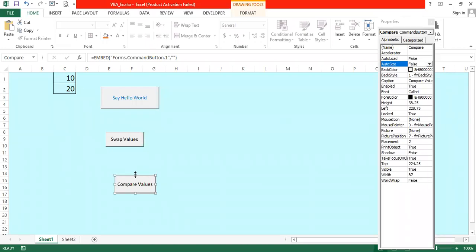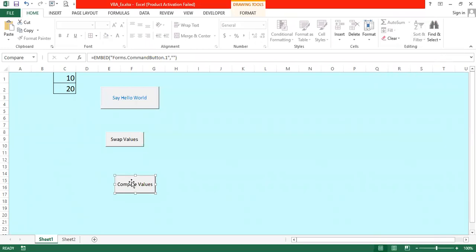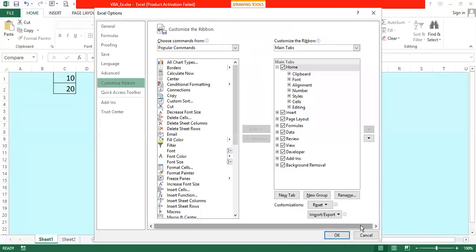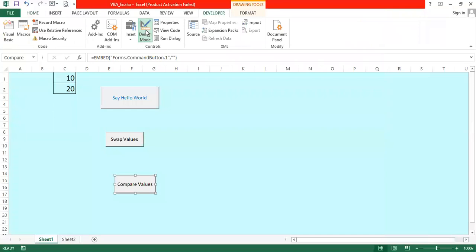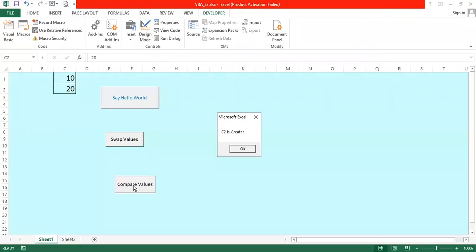So we have these two, right? One developer tab is missing for me. The developer tab, exit design mode, click on compare values.